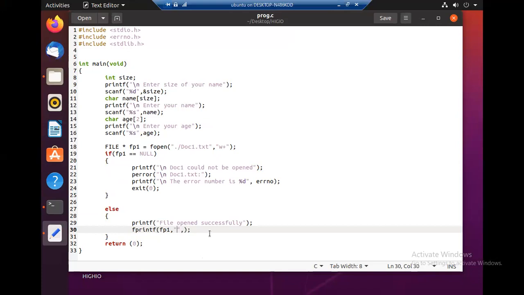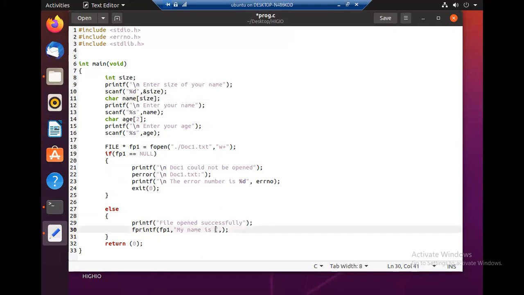Okay, so what is the formatted string? I can pass any text that I want. I will say my name is, then the name that I stored in this variable name will be passed.